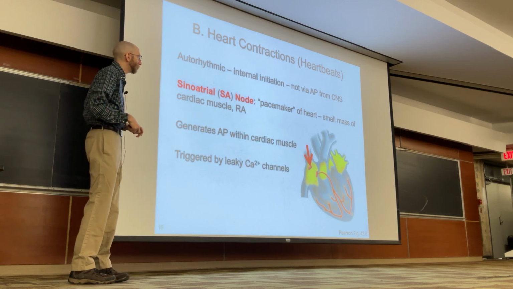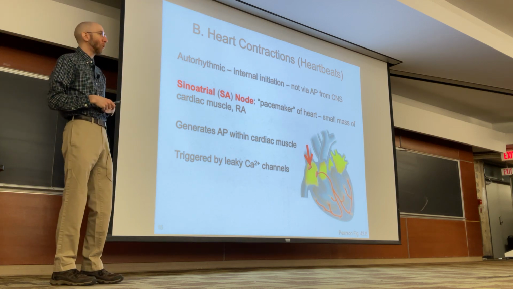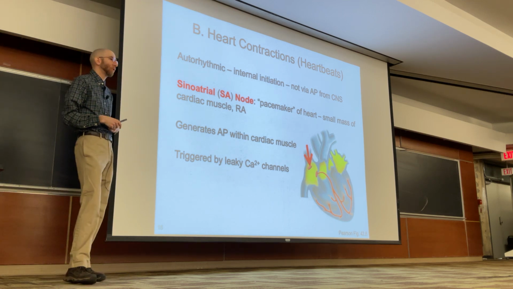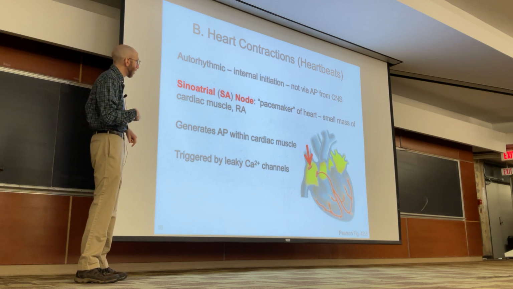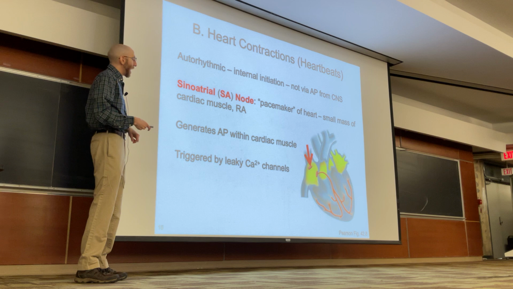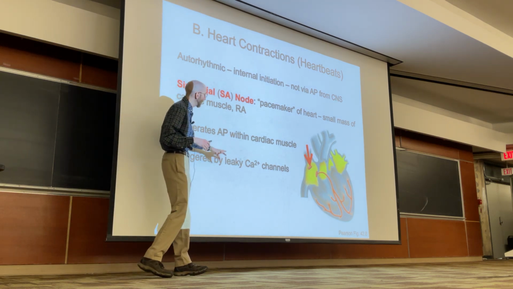And this is going to generate an action potential spontaneously. Approximately once per second, a little faster, a little slower, depending on your specific physiology, but 1 to 2 times per second, we're going to generate an action potential within the cardiac muscle via the sinoatrial node. The way this works is super cool. The cells of the SA node are populated with leaky